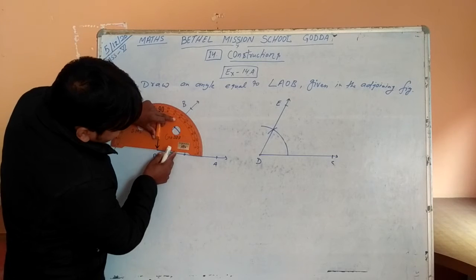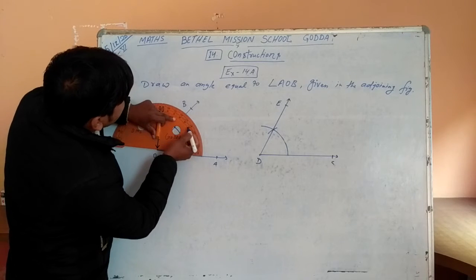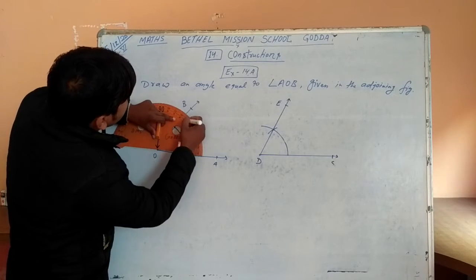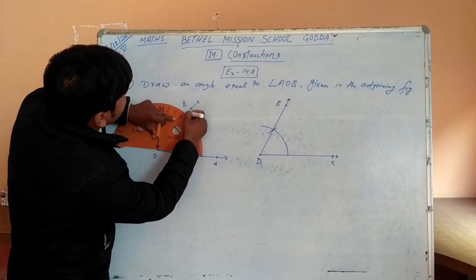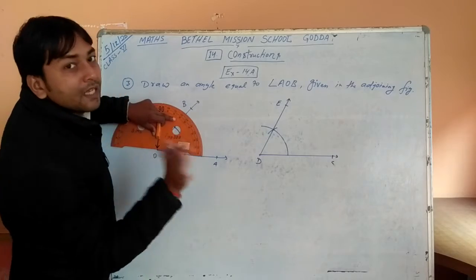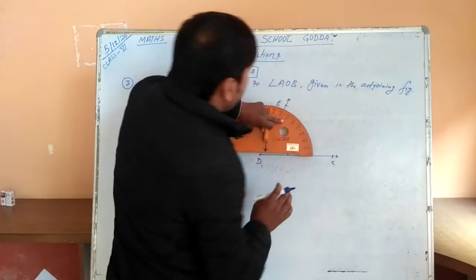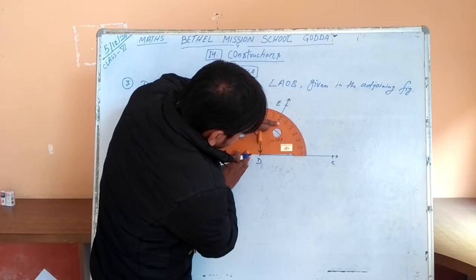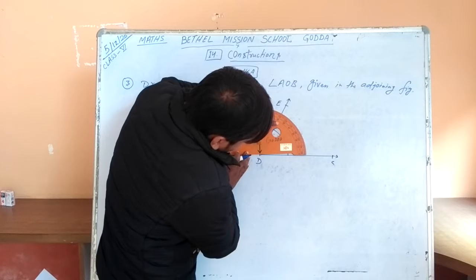And now it is about, start 0, 10, 20, 30, 40, 50, and that is 55, 56, 57. It is about 56 or 57. Okay, now measure both. We have taken.